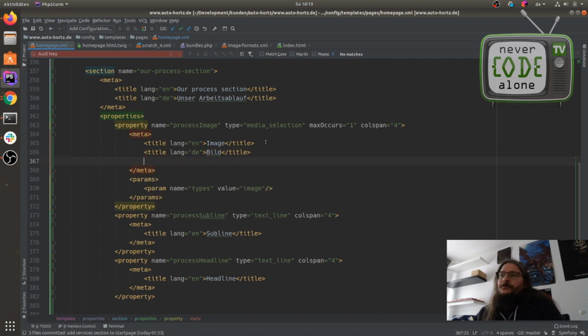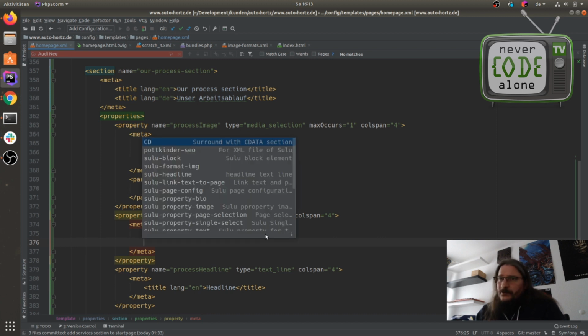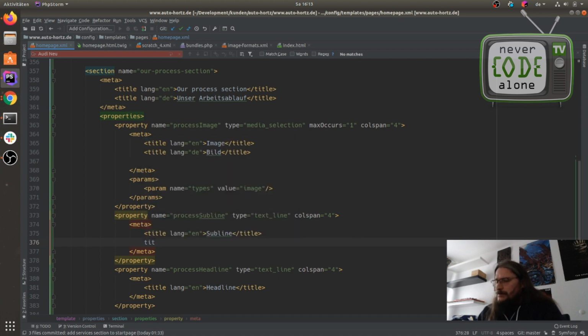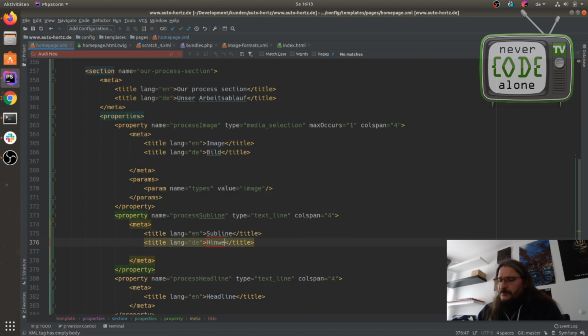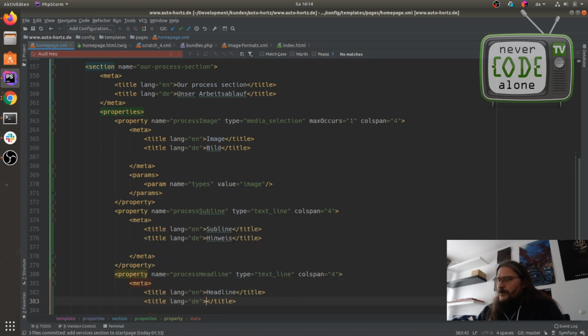It's built, and here we got this little headline, the subline. Maybe in German there are not so nice titles for this. I call it Hinweis. And we got the real headline, which is just an Überschrift.